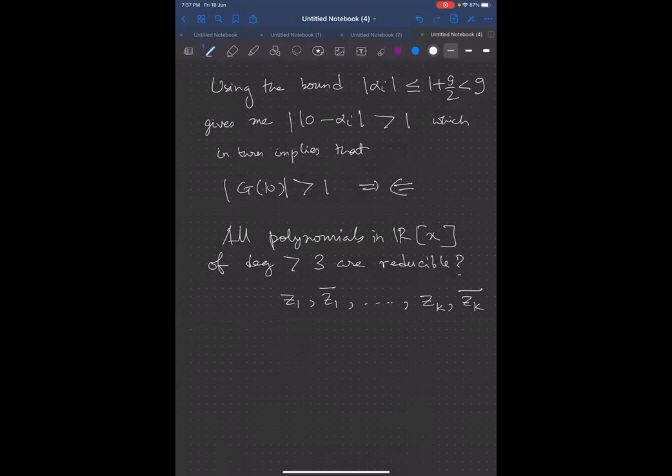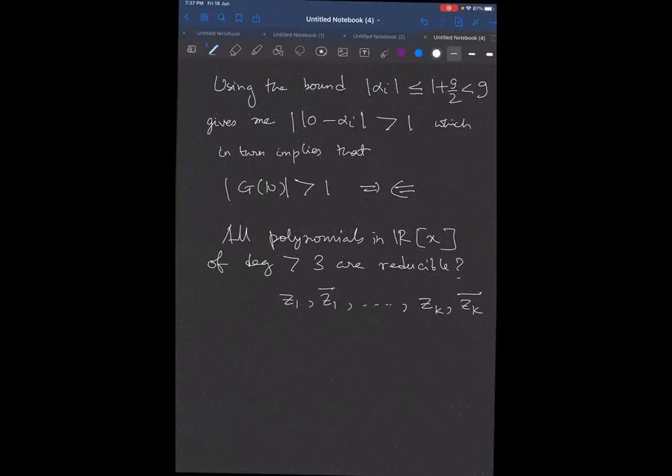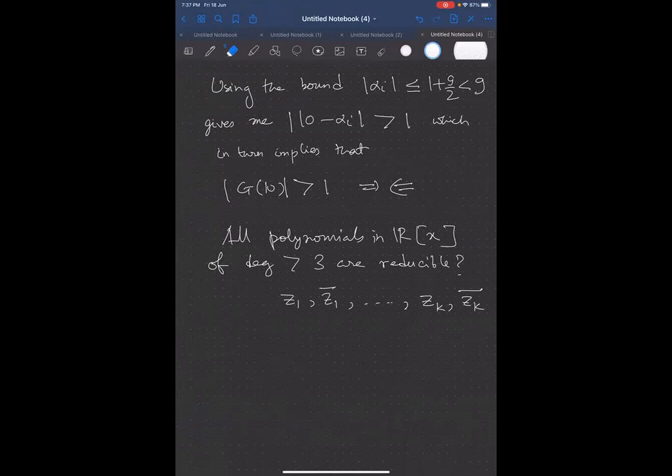Oh yeah, we can just multiply. If Z1 is X plus iY, then Z1 bar will be X minus iY. So if we pair them, we can pair them and multiply. All right, so this is a very easy fact, but I just wanted to point out that our study of